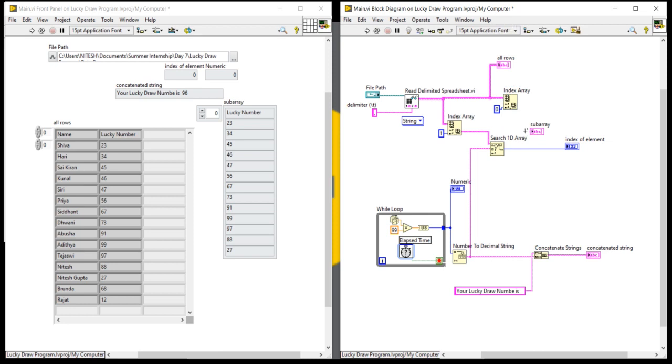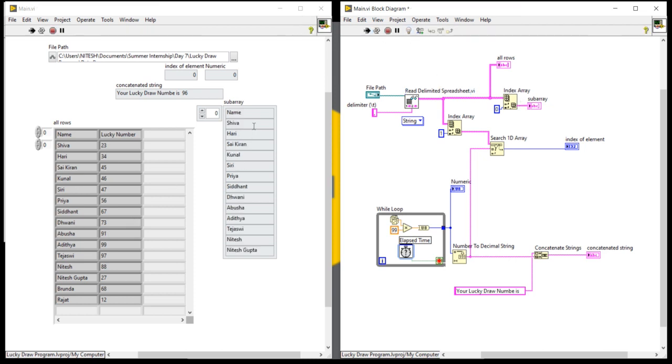In this way we can break out the column related to the name.